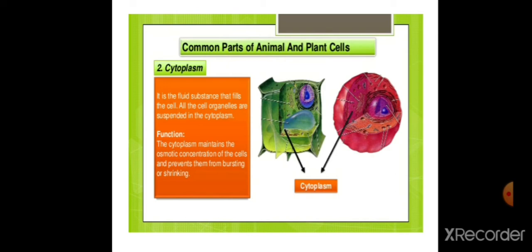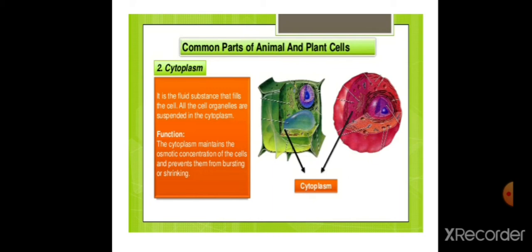The next organelle that we are going to look at is the cytoplasm. Again, if you remember, cytoplasm is present both in plant and animal cell. Cytoplasm is nothing but the fluid that fills the cell. It is the fluid substance which is present in the cell, and all the cell organelles are suspended in the cytoplasm. Firstly, the cell is enclosed by a membrane which is called the cell membrane, and inside there are all the different cell organelles, right? But all these cell organelles are suspended in a fluid which is called the cytoplasm.